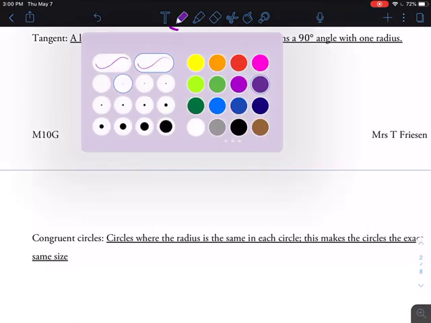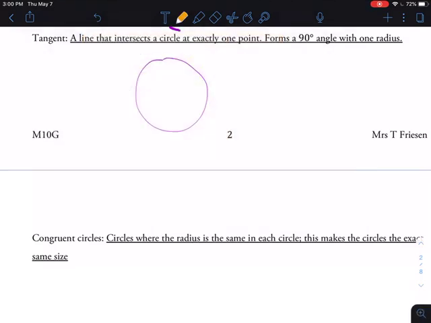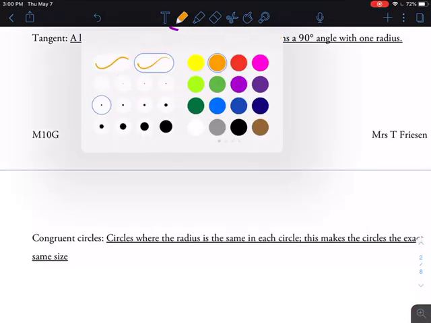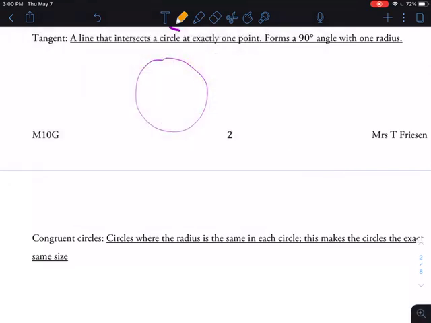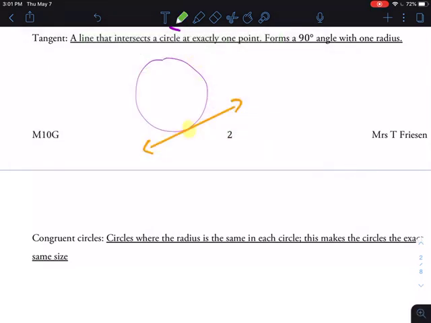Okay, so just going to choose a color here. Oh, that's pretty much exactly the same color. Let's do orange. Okay, in this case, the tangent, I'm going to do my best to draw this really nice and neat. It's very hard for me, though, you guys know that. Okay, so there we go. That's a tangent, okay? And as you can see, it just has that one point of intersection instead of two. Okay, and the other interesting thing about a tangent is that it also would form a 90-degree angle